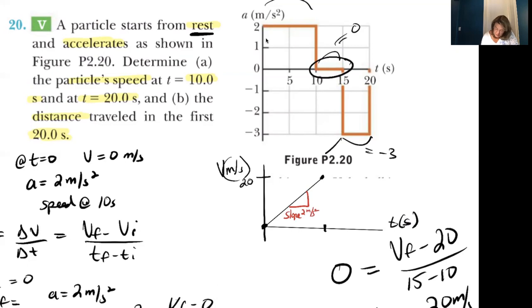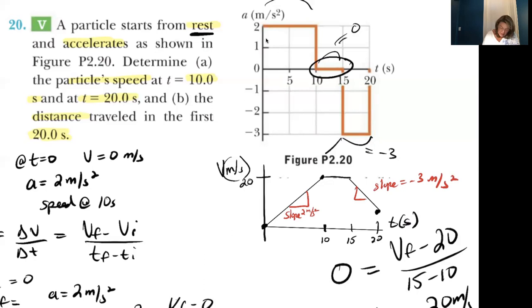What does the velocity versus time curve now look like between 10 and 15? Well, the slope has to be 0. How did I know that? Because look at the acceleration between 10 and 15. It's a 0. Then between 15 and 20, it decreases, but it decreases to 5. Okay, we'll call that 5. All right. What is the value of that slope? That slope is equal to minus 3 meters per second squared because of the acceleration graph between 15 and 20